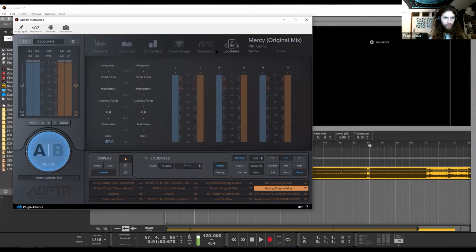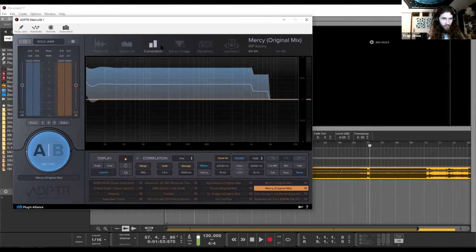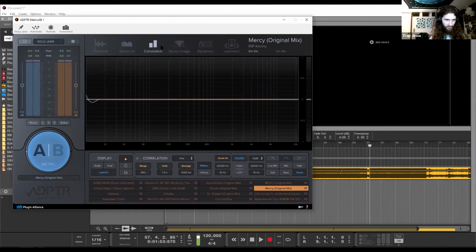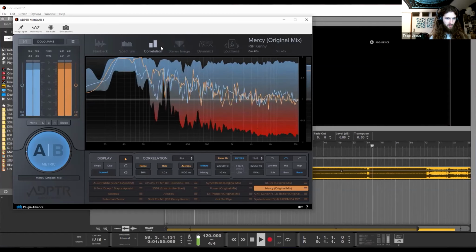And then you can check your loudness, your dynamics, your stereo image. Correlation, honestly, I'm not 100% sure what this function is. I'm pretty sure that's phase. If you have way more stereo than mono, it's going to go into the negatives, and then your stereo can leak into the other side. You know what I mean? Got you. I'm pretty sure that would be that by the looks of the meter.